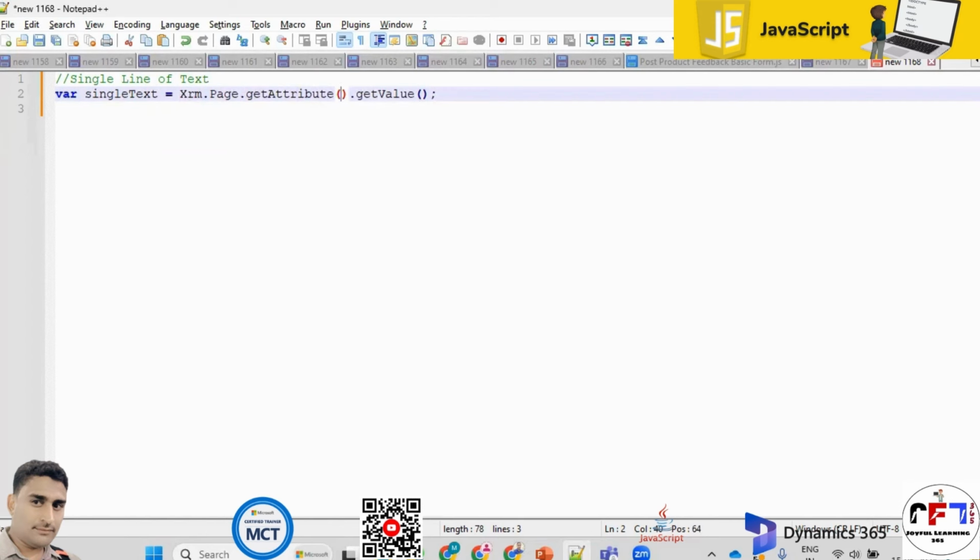See here, Xrm.Page.getAttribute.getValue. These are the syntax. In getAttribute, you need to give the name within double quotes. This is the syntax to get the single line of text value, the old way of writing. Here, you need to write the